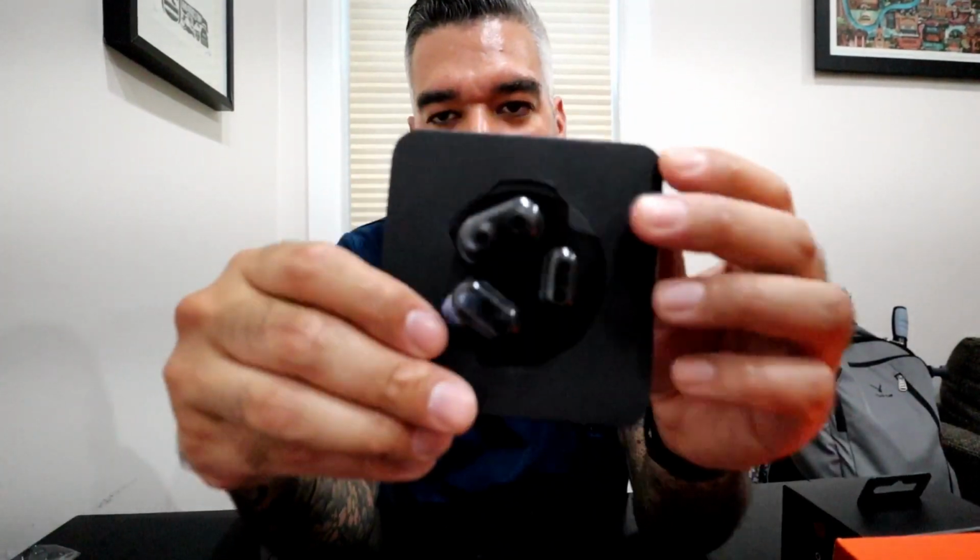And we have multiple earbuds. So depending on your ear, you can change. I think there's a setting just like the AirPods Pro, but it shows you, it makes sure,